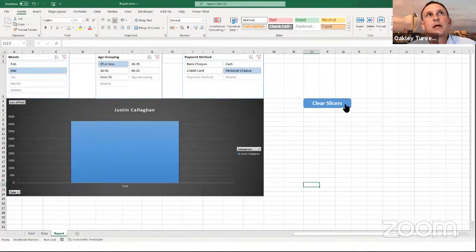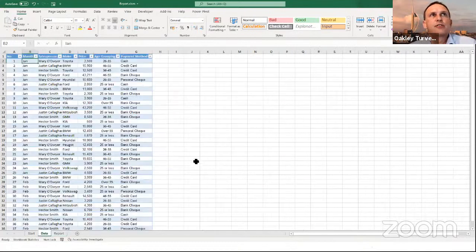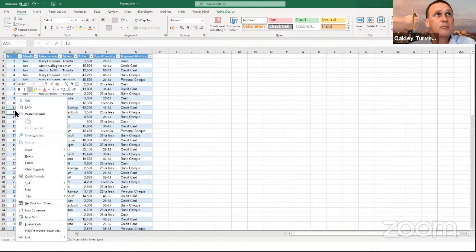Now if I apply different slices, as soon as I click that button, it will clear all of those slices. So this makes life a lot easier when you're working with reports. Basically, you record yourself doing stuff, and then you just run it when you next want to do it. We could record ourselves deleting this to clear the data at the end, but actually you don't need to, because what you'd do is you'd start your report from an empty file every month. So rather than updating last month's file to make this month's, you just simply open from a template perhaps and run a new report.